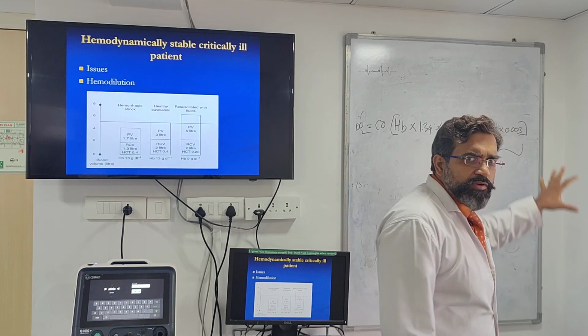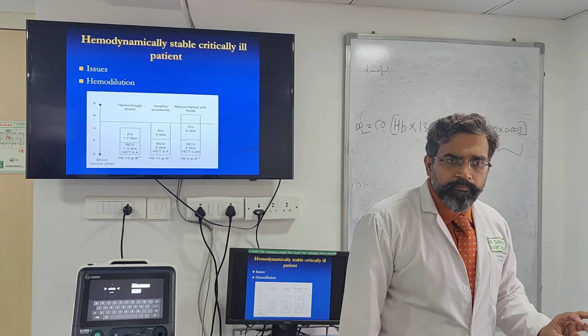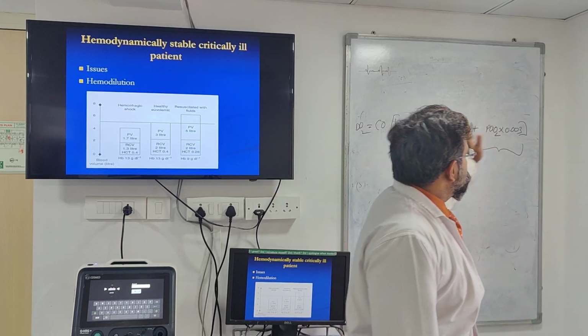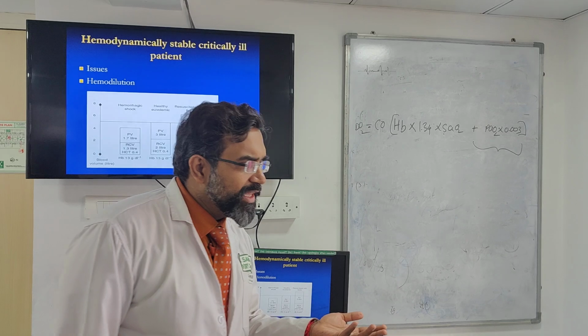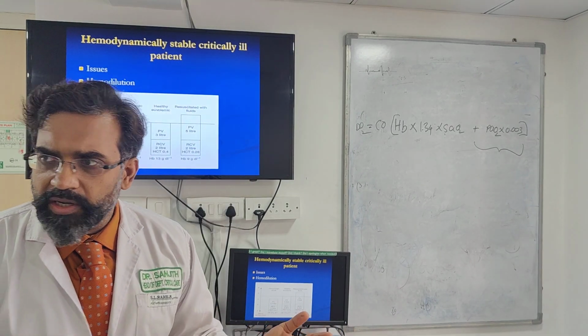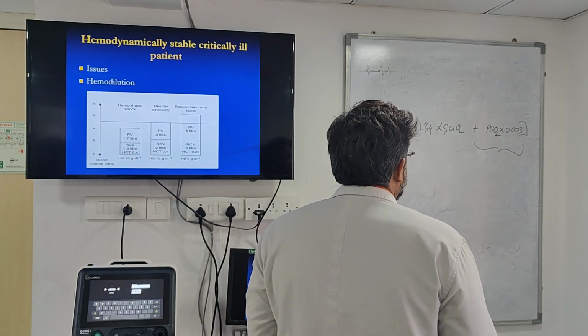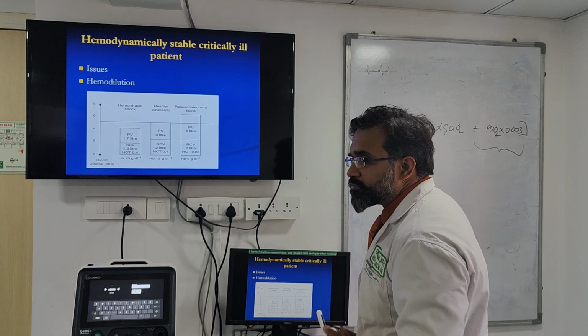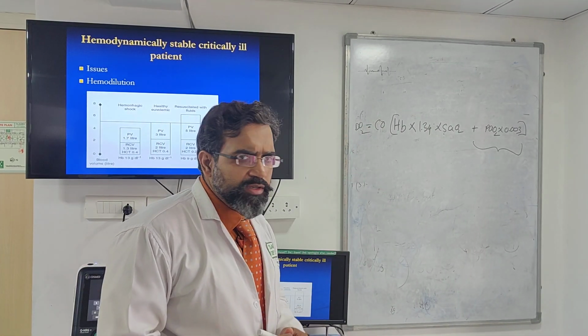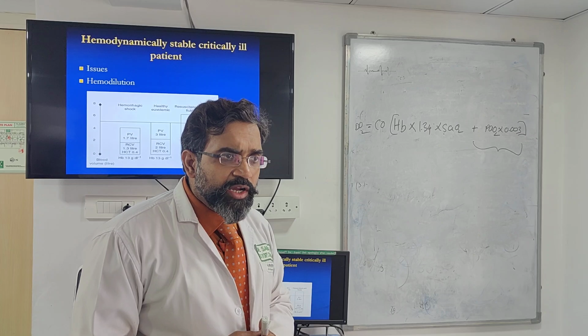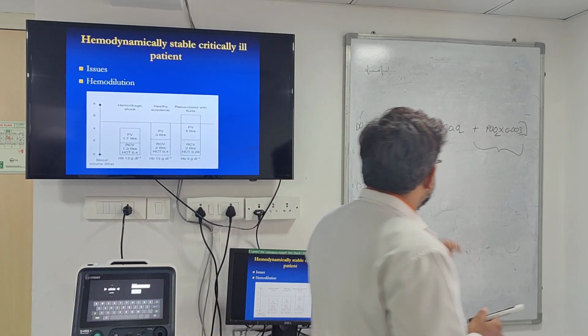Do you think that this fraction is very small all the time? So I can omit this, right? Because if it's just 0.3, I can really omit that from that side. What is the important fraction of all of these numbers? If I tell you one thing, cardiac output. So this is very important.